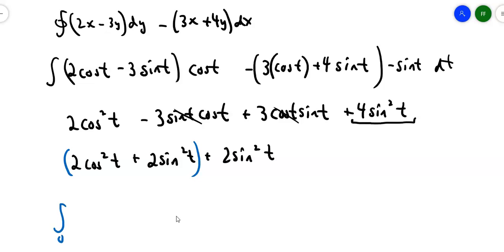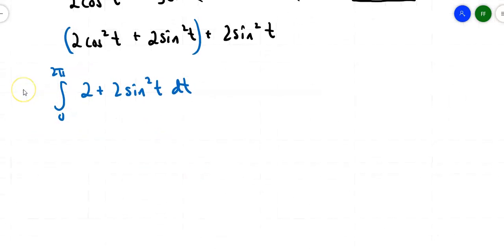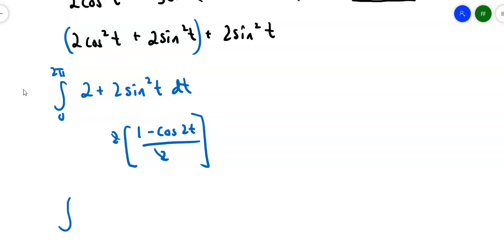And so now this gives me the integral from 0 to 2 pi of 2 plus 2 sine squared t dt. And now when I go to integrate that, I'm going to have to do something with that 2 sine squared. Well, let's turn the sine squared into a 1 minus cosine 2t over 2. And now those 2's will cancel. I haven't integrated yet. So I've got to integrate 2 plus 1 minus cosine of 2t, which is the integral from 0 to 2 pi